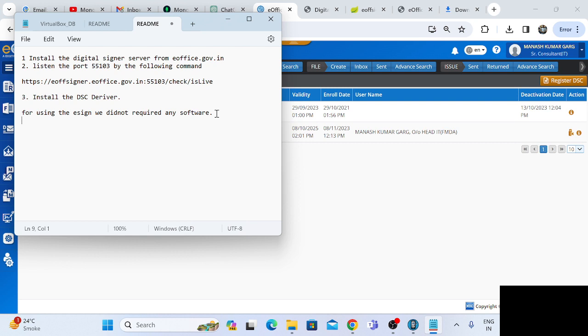That means there is no need to install any kind of third-party software. It has built-in functionality to sign our noting in e-file. Okay, this one is the complete process of how to sign, how to register signing in our eOffice account.